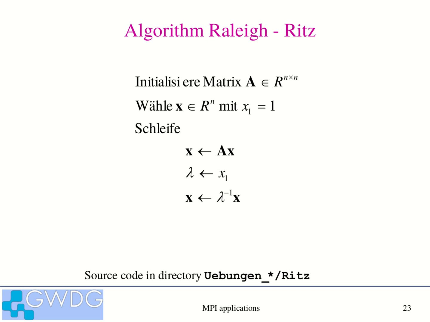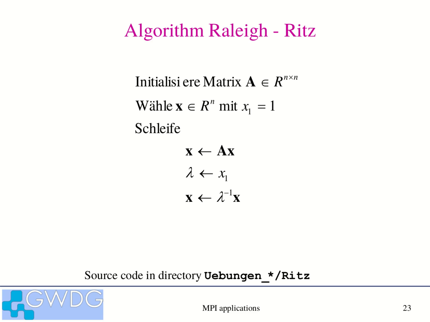And then you rescale the input vector by this approximation. Then the new input vector will again have the first element equal to 1. And then you put it again in this loop, multiplied by a, and do this in a loop,